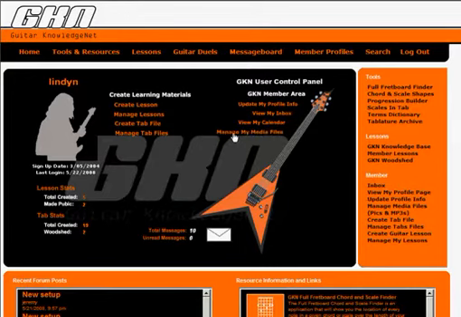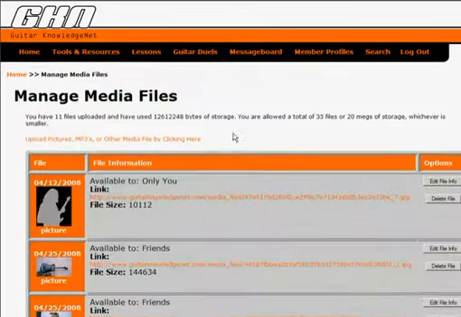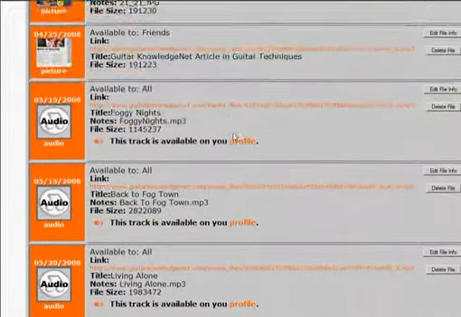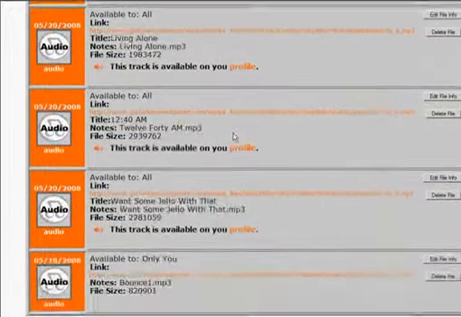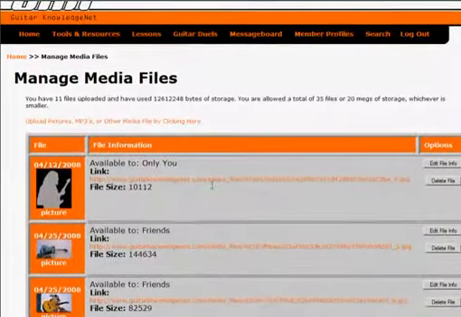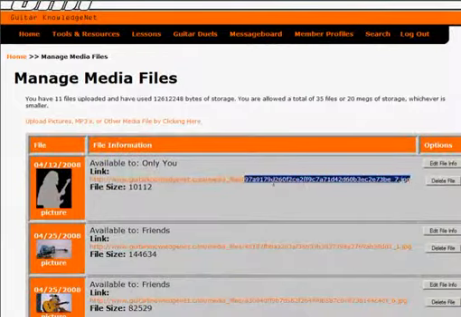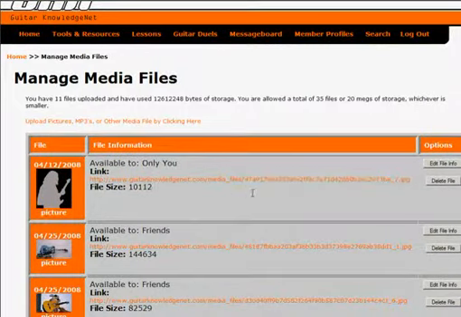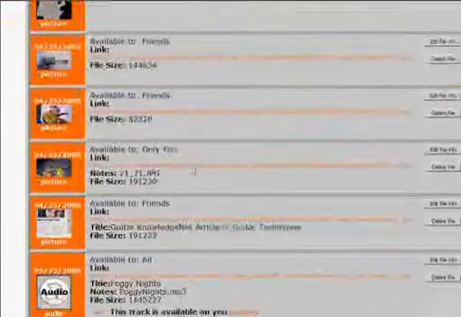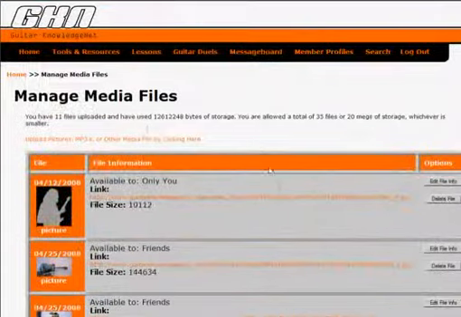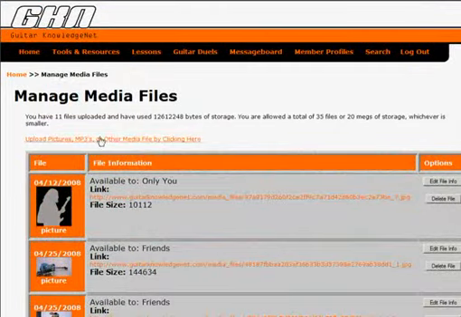The Manage Media Files section will open up a management tool for all the files that you have uploaded to Guitar Knowledge Net. As you can see, there's a link to the file that you've created. So if I click here, I will see my image or what have you. If I click on one of the music files, I'll hear my song. If you want to upload new images or MP3 files, follow this link